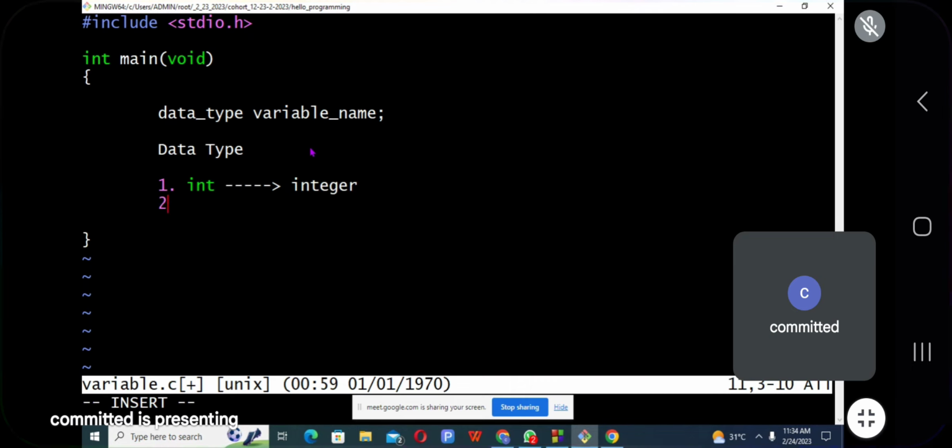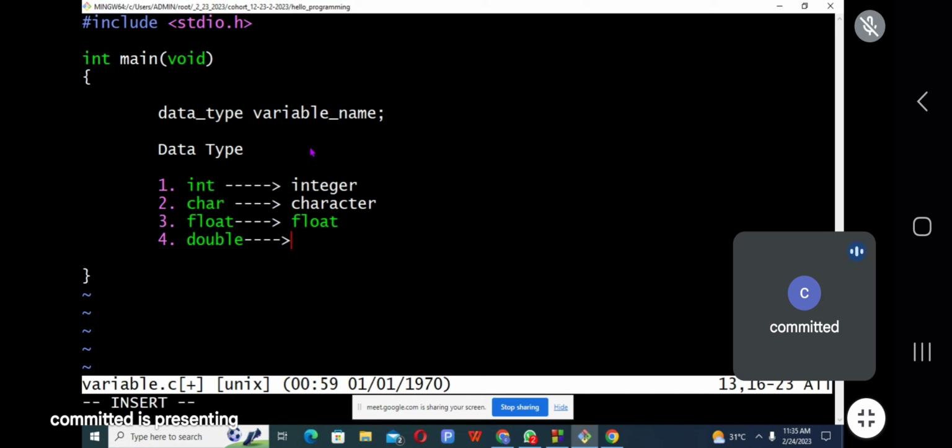Number 2, we have char, usually known as character. Number 3, we have float, usually known as float. Number 4, we have double, usually known as double.